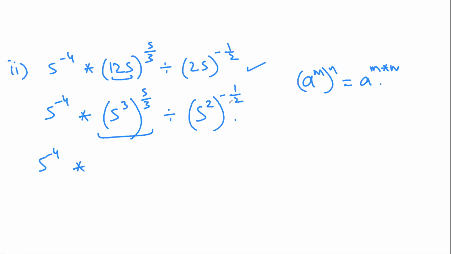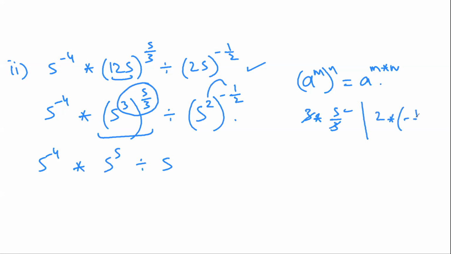So this would be equal to, when I multiply these two, I hope you understand that this is equal to 3 into 5 by 3. So this will be equal to 5 raised to power 5 divided by 5. Now, when I multiply these two, it will be like 2 into minus half. This would be equal to minus 1. So divide by 5 raised to power minus 1. So once I reach here, I have a multiply here and I have a divide here. Now, if you remember your previous classes maths, the rule that I have is BODMAS.